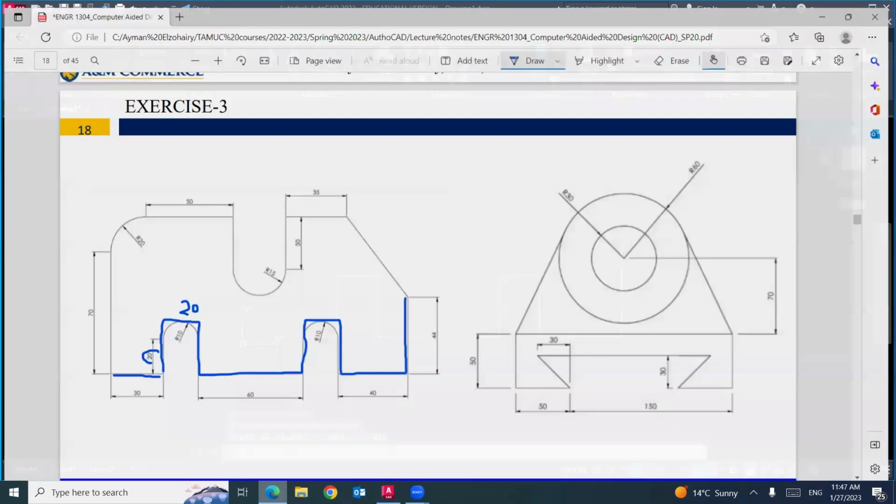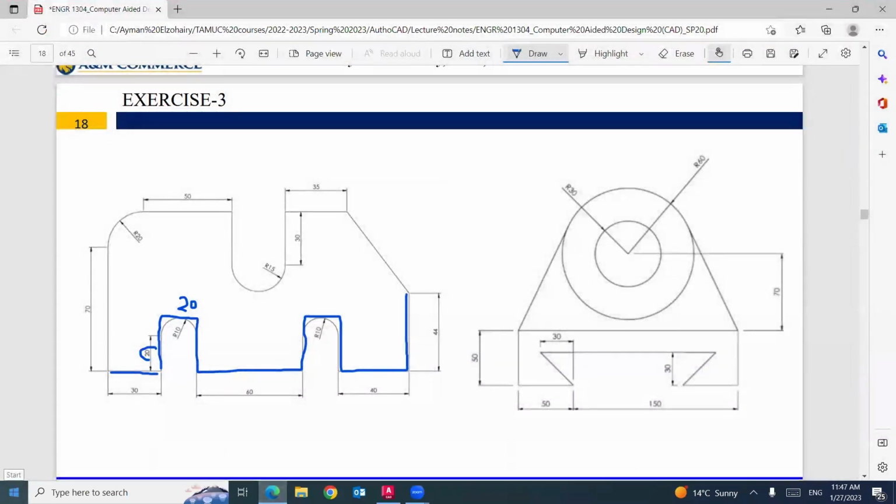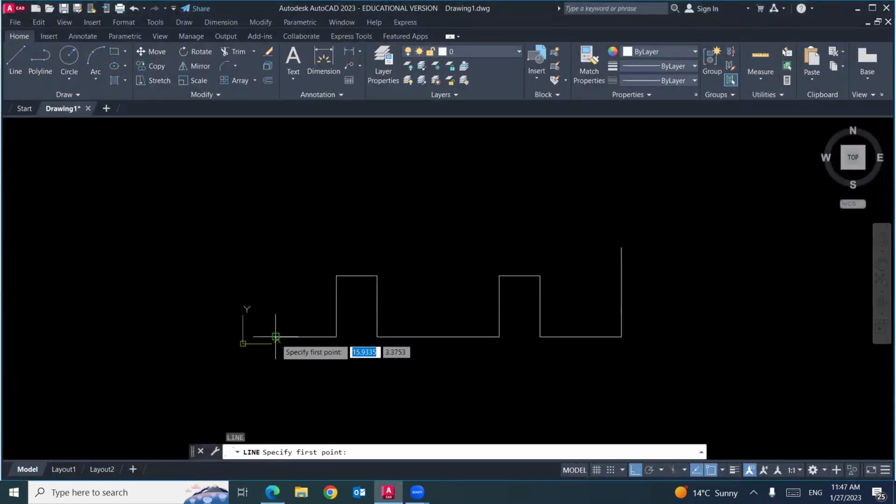Looks good? Looks good. And this one, the height will be not 70, but I will label it 90. So I will add 70 plus this radius, it will be 90. So I have L enter. We have here 90.